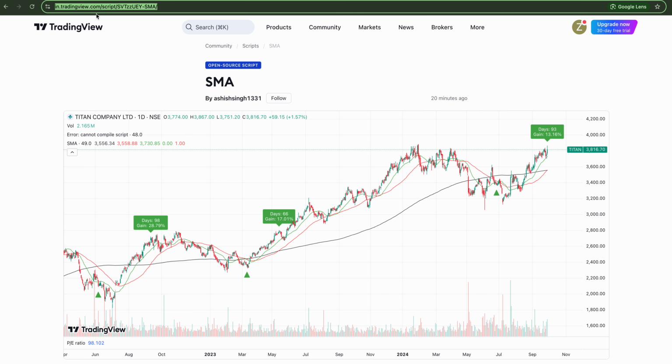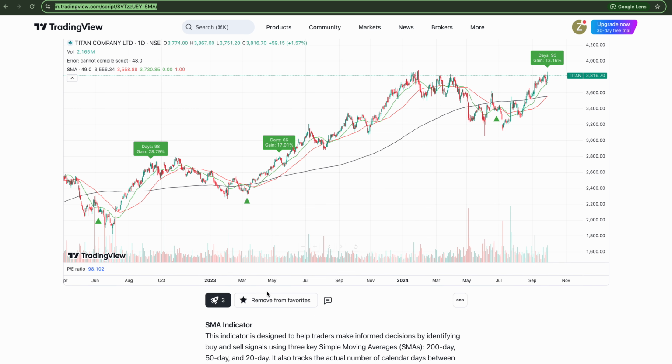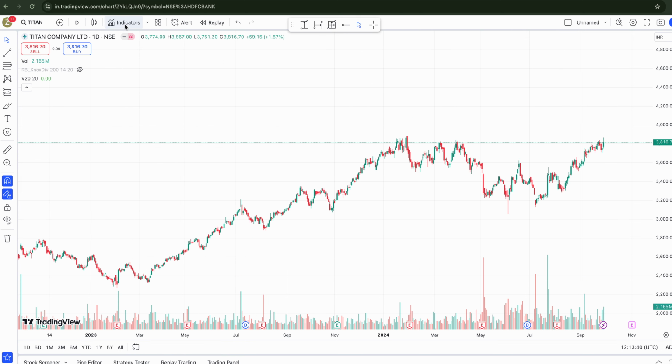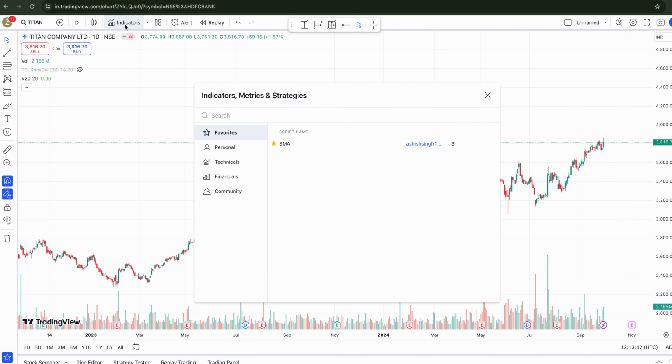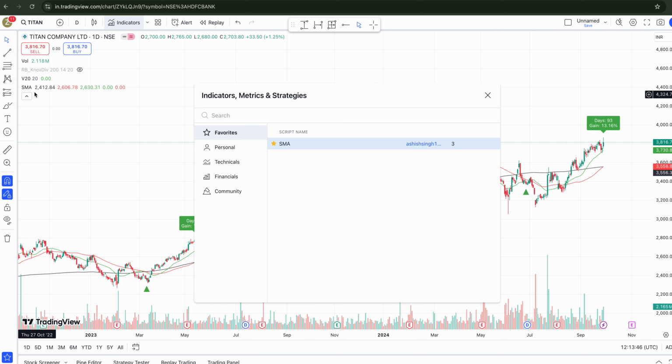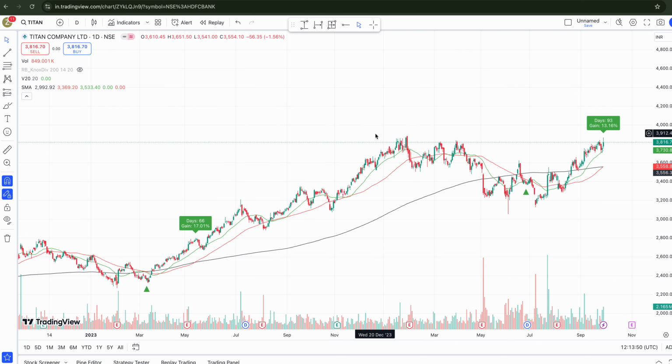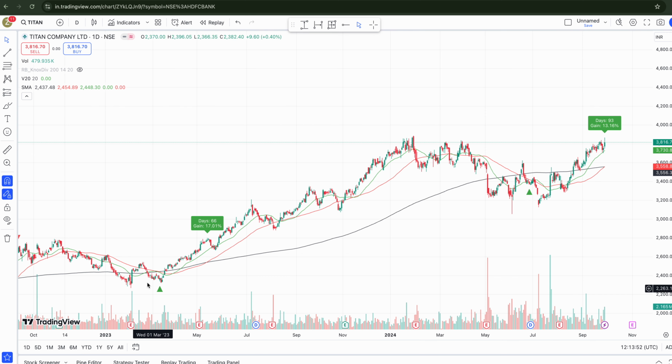You will provide this URL, and just add it to your favorite, and then go to indicator, and then select this, and then it will be visible here. And you see, it will automatically show, here